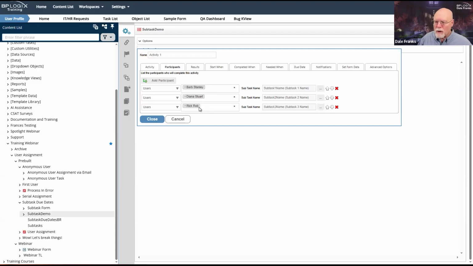But this sort of configuration is available to you, so you can use subtasks. And you can track what subtasks were approved and what subtasks were denied, because each of the subtasks is now identified with its own name that you can see on the routing slip and so forth. So this is another task assignment method that's available to you.